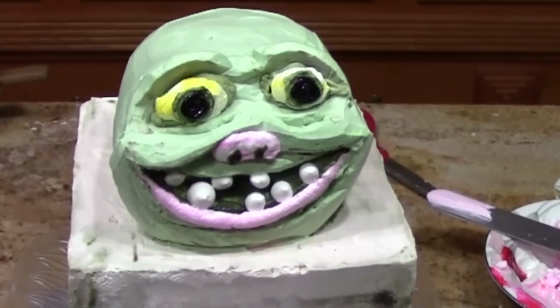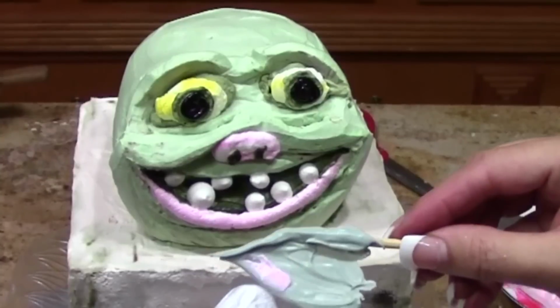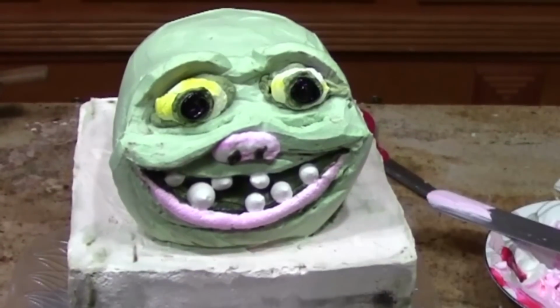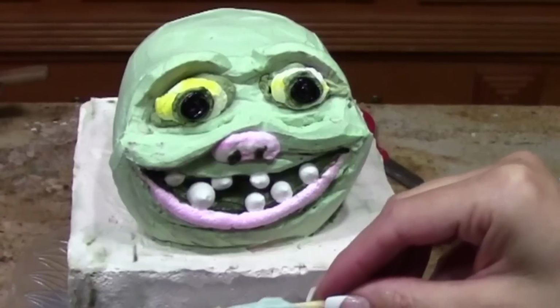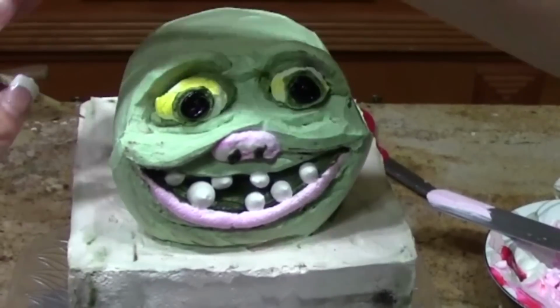So we have our candy melt ear, and it's not quite the right color that I want. I noticed that as I look at my picture, I see that he has a little bit of pink inside his ear, so I'm going to just wipe a little bit of pink into my candy melt. And I'm also going to take just a little bit of this darker green color and I'm just going to wipe it on and place his ear